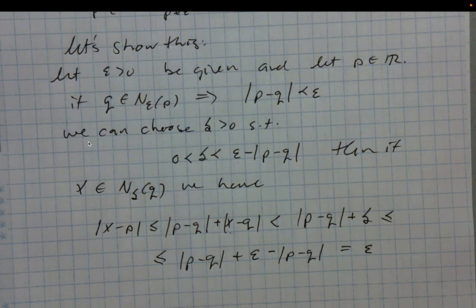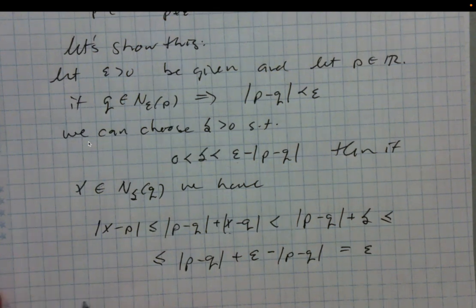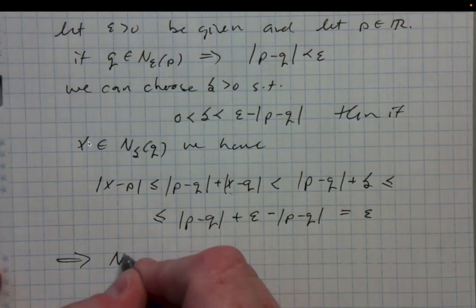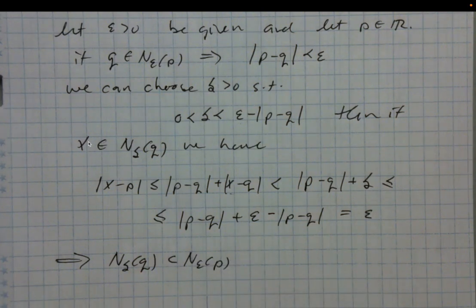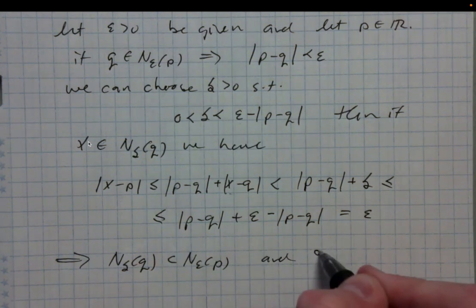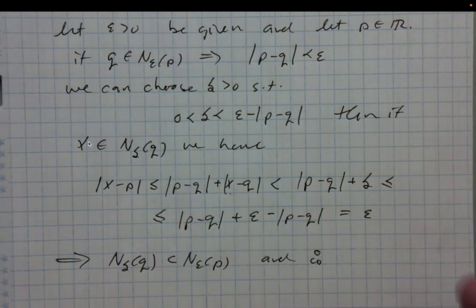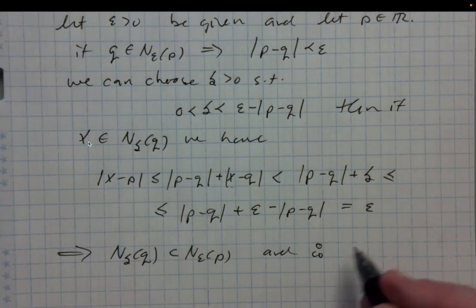So basically, what is this implying? It's implying that this delta neighborhood of q must be inside the epsilon neighborhood of p. The implication here is that the delta neighborhood of q, an arbitrary point in the epsilon neighborhood, is a subset of the epsilon neighborhood. Meaning I can find a delta such that this tiny interval around q is entirely inside this epsilon neighborhood. And so therefore, because q is an arbitrary interior point of the epsilon neighborhood of p,